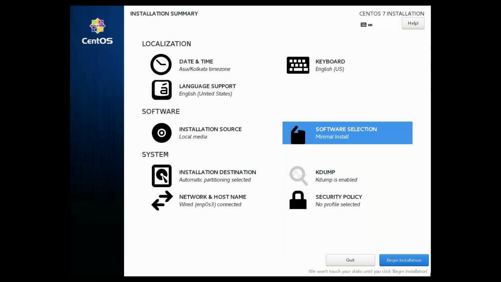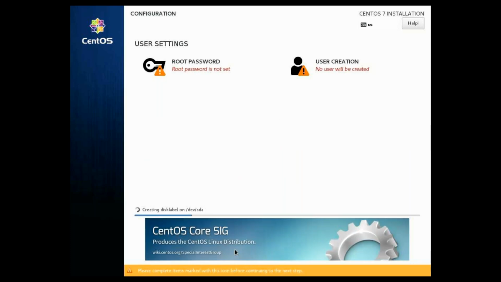So we have modified the date and time. We have modified the installation destination. We have added it, and we have enabled the network part. So we have only one interface because I enabled only one adapter with host only. Sorry, bridge. So click on bridge. By default, we need to log in with a root user in CentOS, whereas in Ubuntu, after logging into that user, we have shifted into the root user.